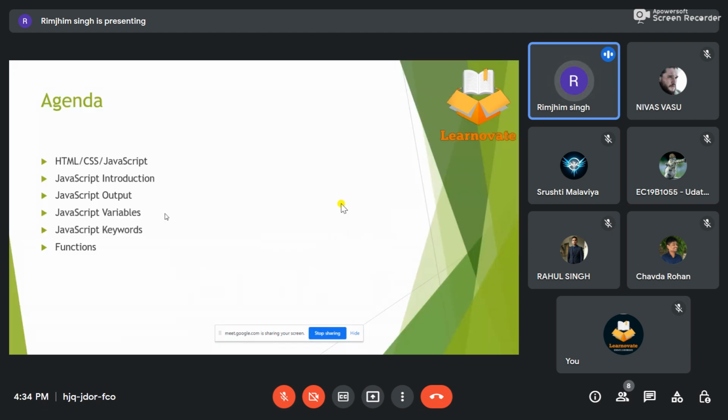So in today's session, I'll be covering a basic difference of what HTML, CSS, and JavaScript is all about, and then we'll move ahead with introduction, output, and then I'll compare some other programming languages with JavaScript, and then we can move ahead with variable keywords and functions. Okay,